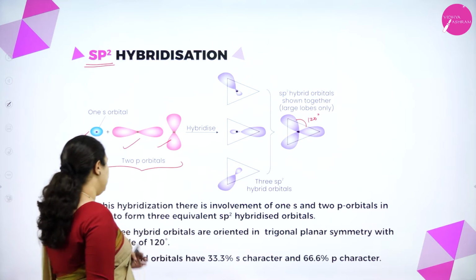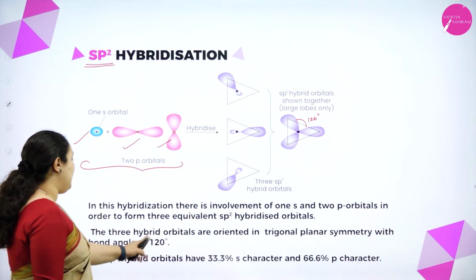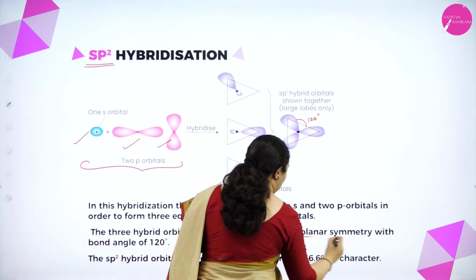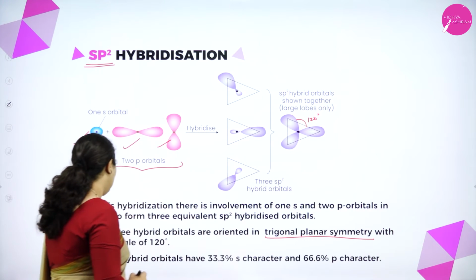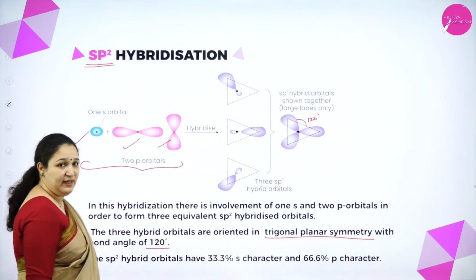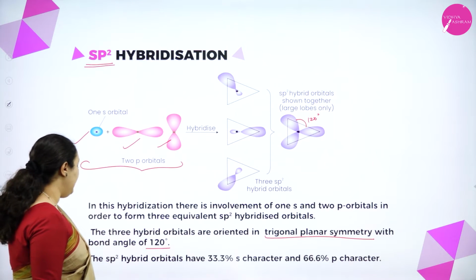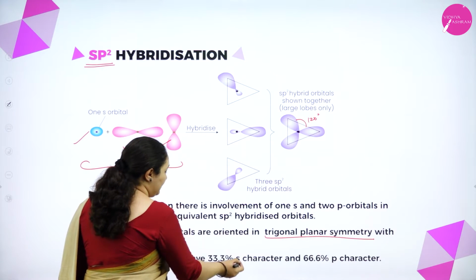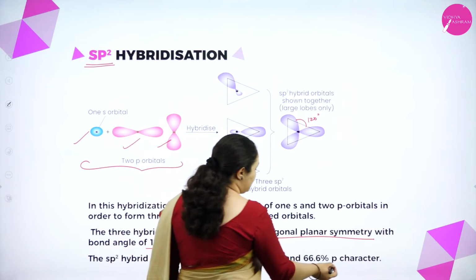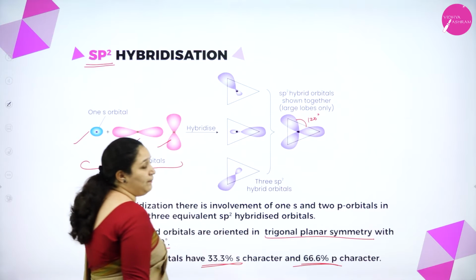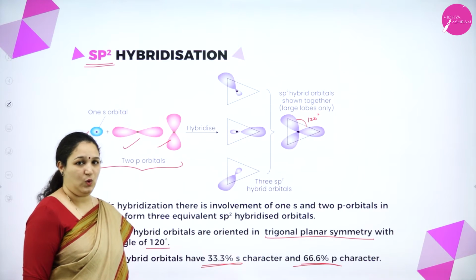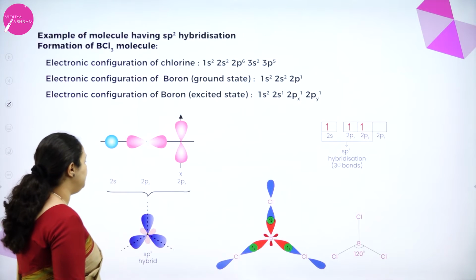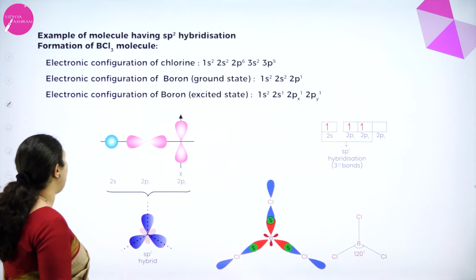Okay, thus the three hybrid orbitals are oriented in trigonal planar symmetry with a bond angle of 120 degrees, and the sp2 hybridized orbitals have 33.3% s character and 66.6% p character. Okay, we'll see the example of sp2 hybridization. First one which we have is